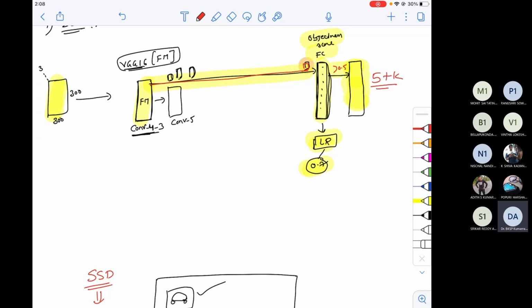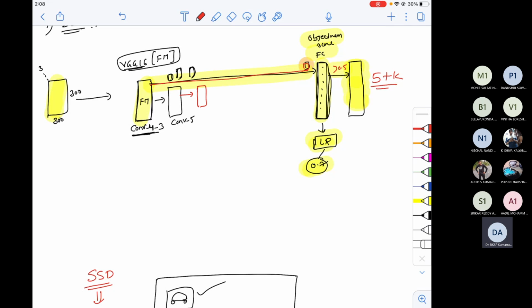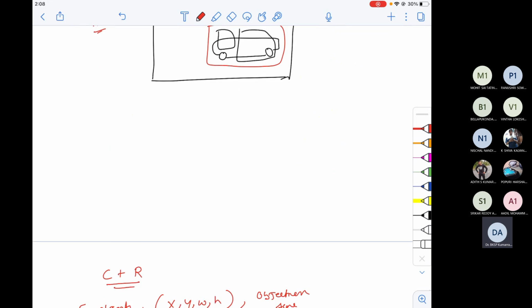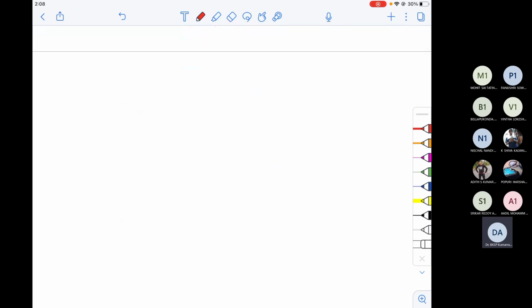So now this is convolution 5. This convolution 5 is further reduced to get... I may not be able to fit here, so I have to redraw it. I'm just redrawing it. Okay.